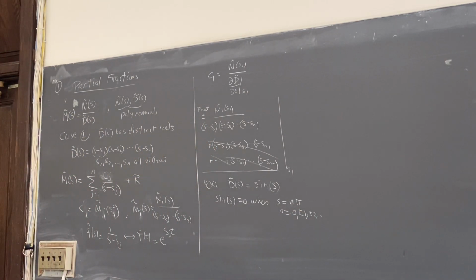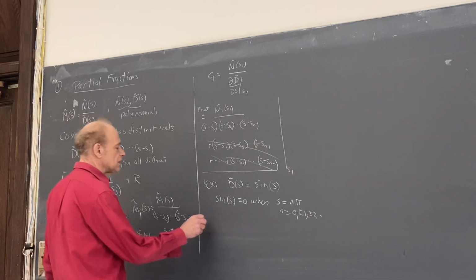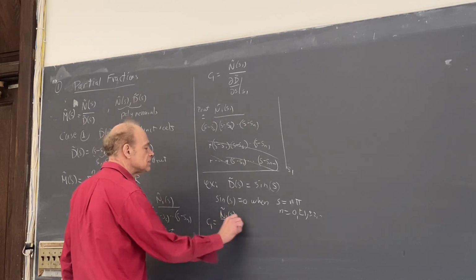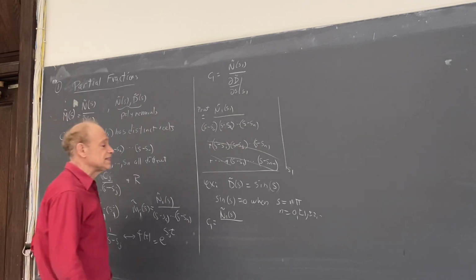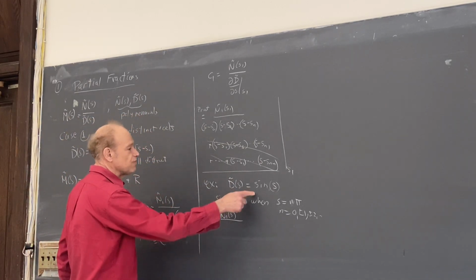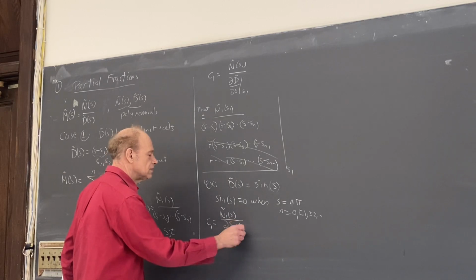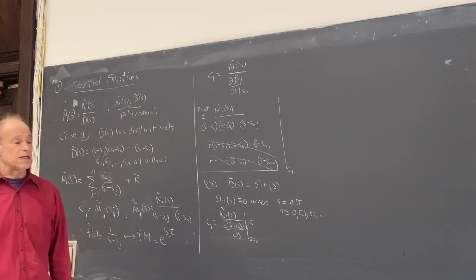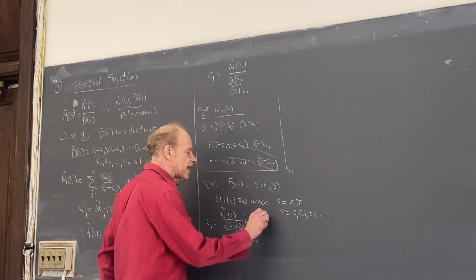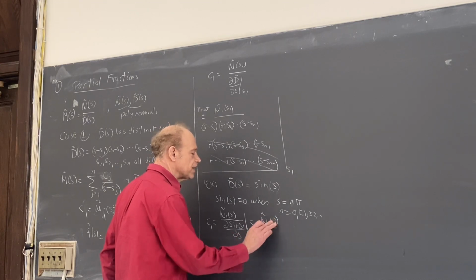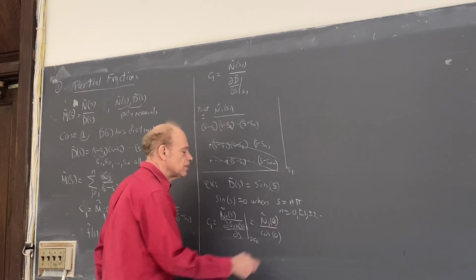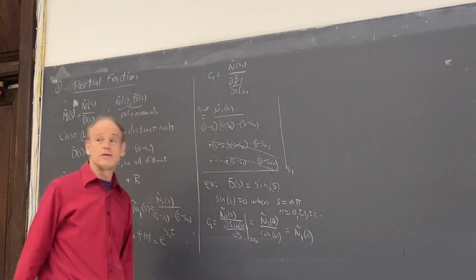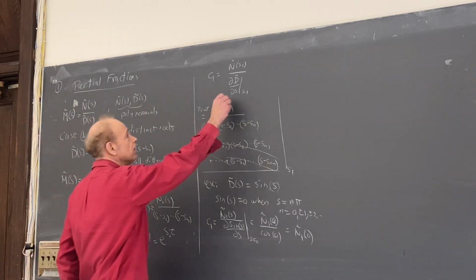So if I want to calculate C1, this would be N1 tilde of S divided by, let's say at S equal to 0, the derivative, d sine S ds at S equals 0. And that I can calculate very easily. N1 tilde of S, whatever that is, of 0, divided by the cosine of 0, where the cosine of 0 is 1. So this just becomes N1 tilde of 0. So it's useful to have this formula,